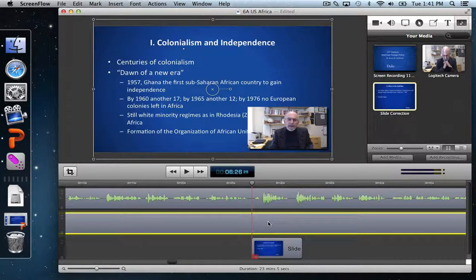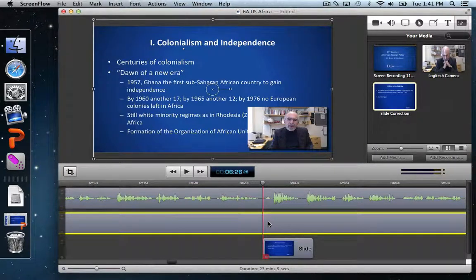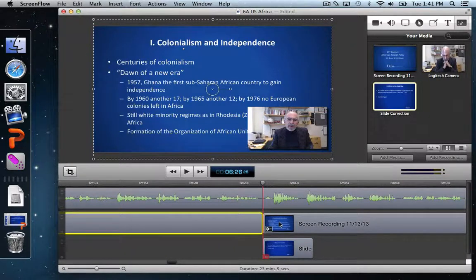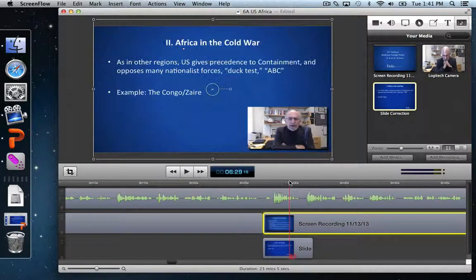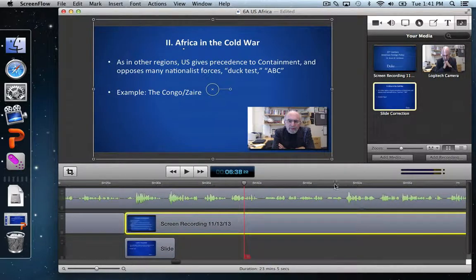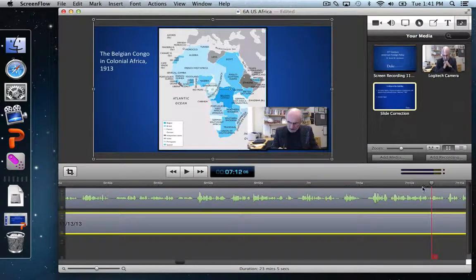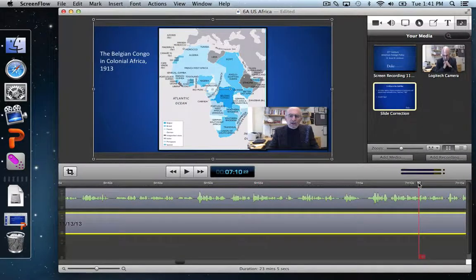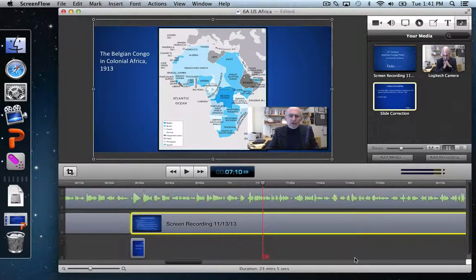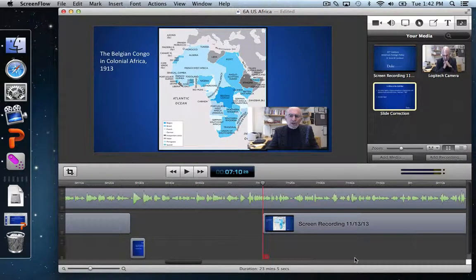So with that PowerPoint, that long continuous video file selected, I'm going to split the clip right there and select this part that I'm going to end up replacing. This is where that slide is. So I'm going to find, where does this slide transition? Where does it move on? So it looks like it's right around here. That's where it goes. And so at this point, I could split the clip again, isolate it and delete it,